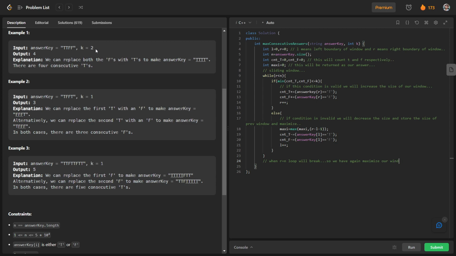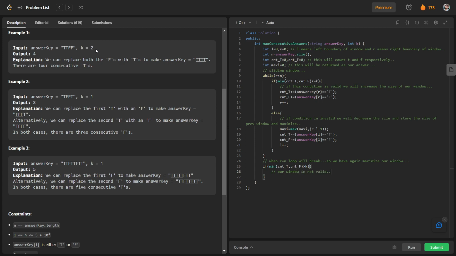Again, if the minimum of count t and count f is greater than k, so what is this case? You can see that our window is not satisfying the condition, so our window is not valid.